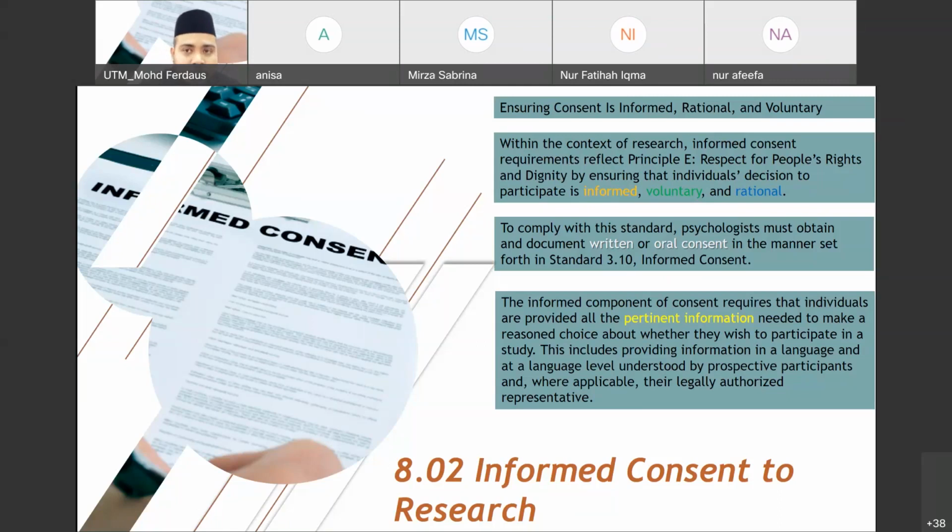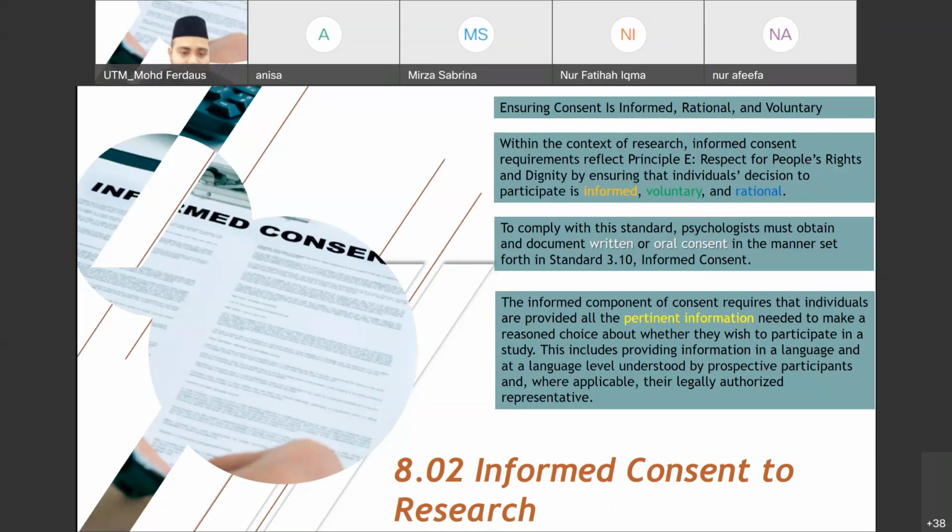Nowadays there is a lot of research about B40, people who are in the lower income category in Malaysia, for example. So if you want to conduct research in a rural area, and your research is in English, and you want to ask for their consent, and you know that they are not really proficient, they don't understand English quite as well as you do, and you already know that, then you need to provide your consent form in the language that they understand, that they are proficient with.